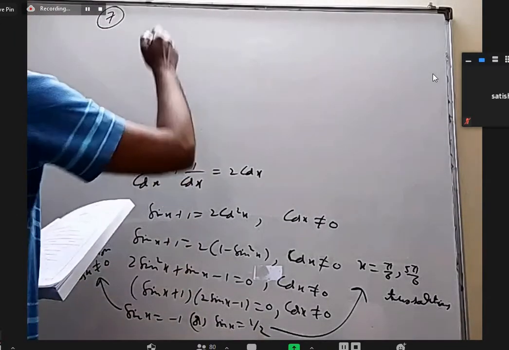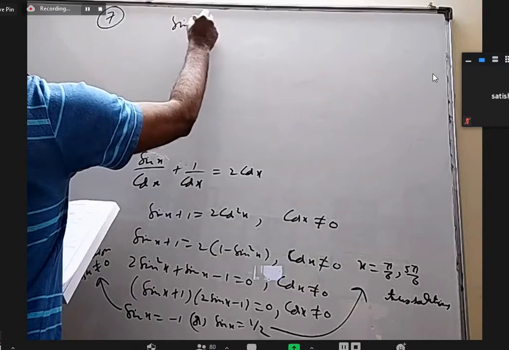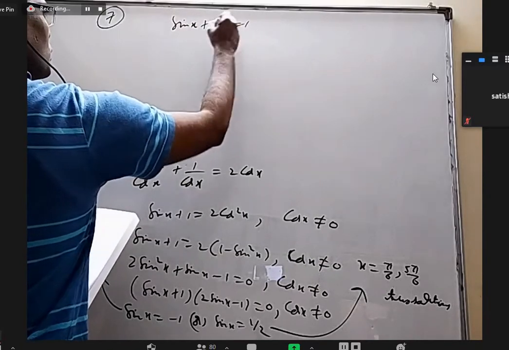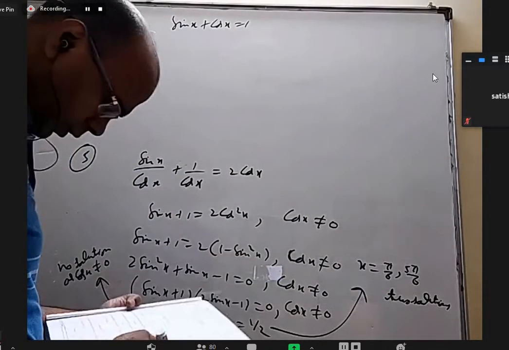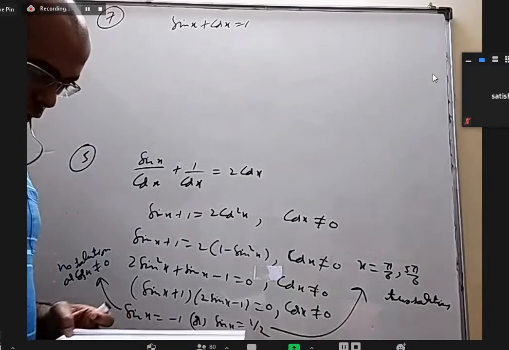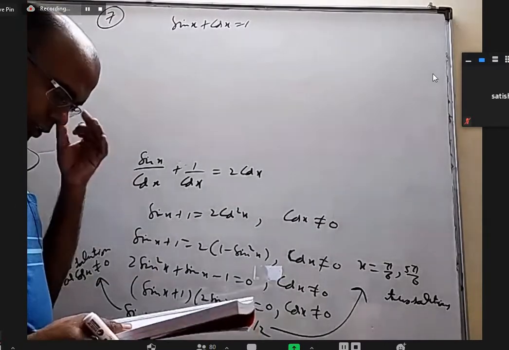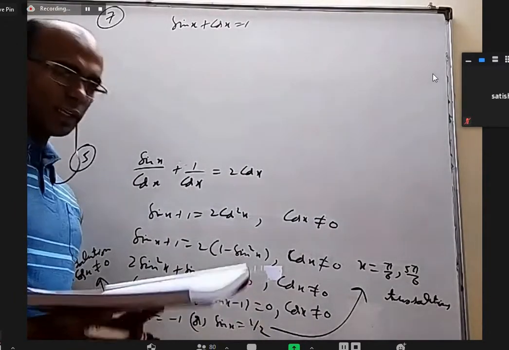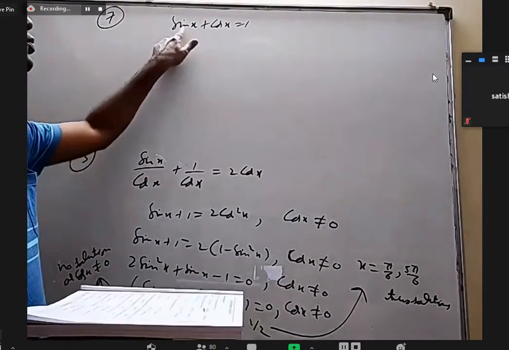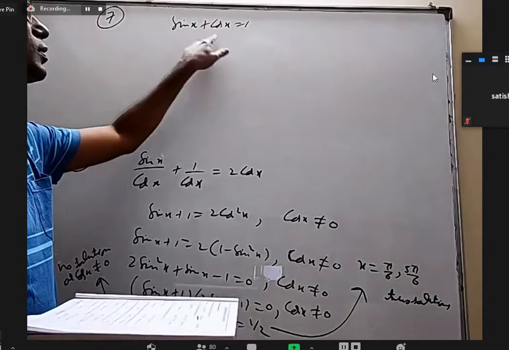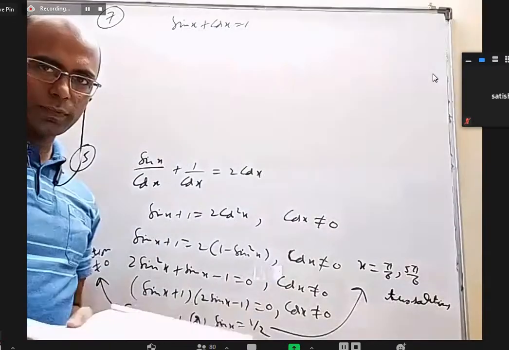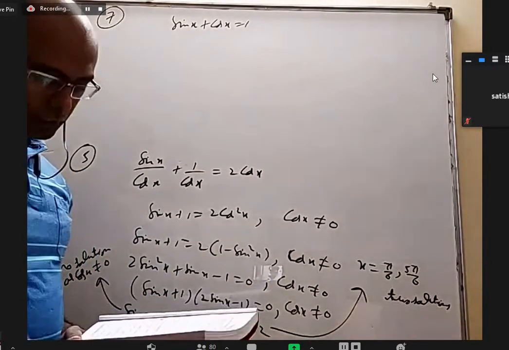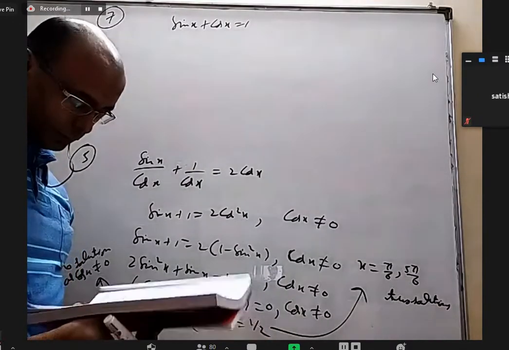Okay, so sin x plus cos x equal to 1. You can square it, nothing wrong, but be aware that you'll get some additional solutions. Somebody can easily guess that there are only two cases: this should be 1 and this should be 0, or this should be 0 and this is 1. There is no other case maybe. But why is there no other case? Somebody has to prove it.